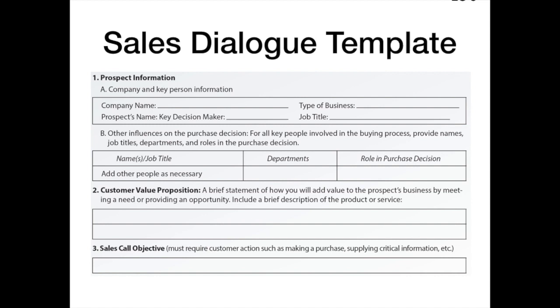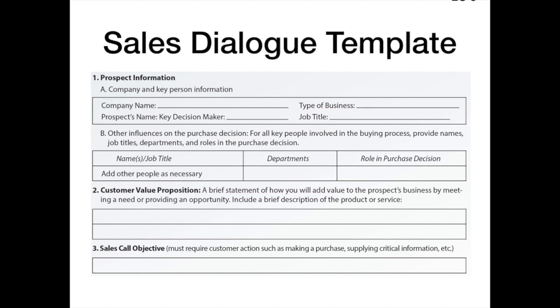So let's take a look at the sales dialogue template. This is a really good format for preparing for your first in-person sales dialogue, where you link a customer's needs with your product or service's benefits. We have in part A the company and key person information, and maybe any other influences that might be important